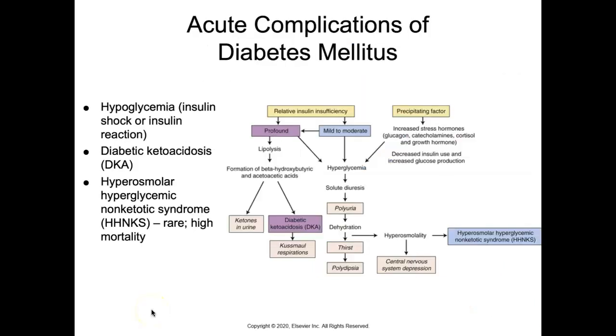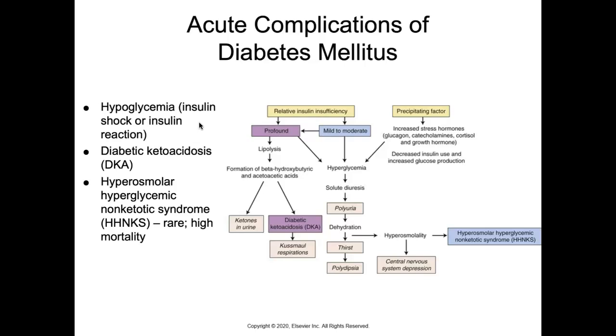So we've already kind of talked about the manifestations of diabetes, but these are more of the acute complications, where we can also have hypoglycemia, which is also known as insulin shock or insulin reaction. And this is when we have a significant drop in blood sugar or blood glucose because of an unexpected change in either the person's food intake or exercise without modifying their dosing of insulin. So treatment would just be to